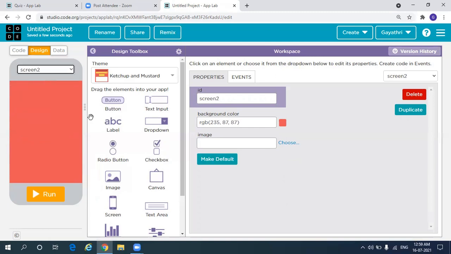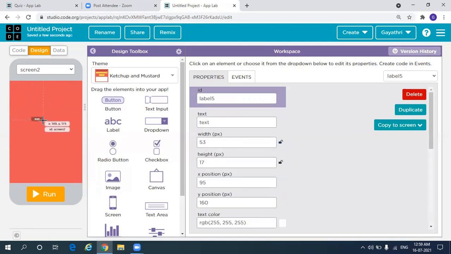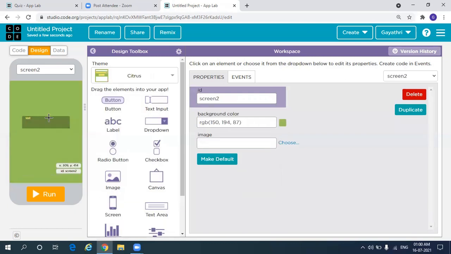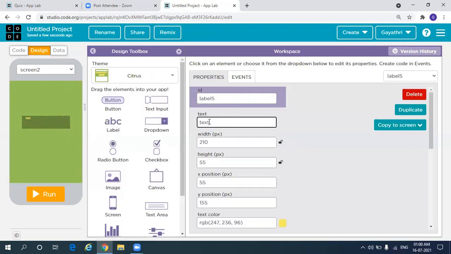For screen 2, we'll write right answer, select label and drop it here. So we can change the theme for the text. I'll give right answer.